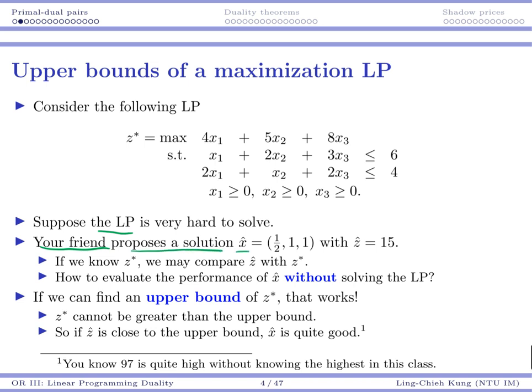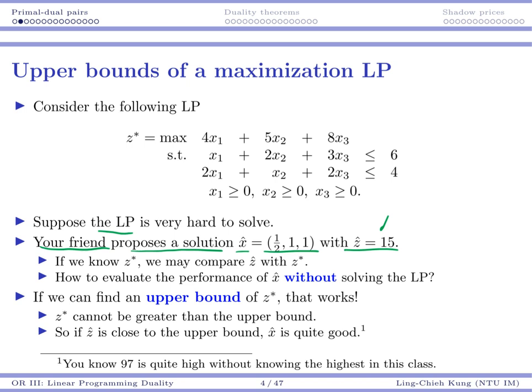This solution is called x hat, where the values are 1/2, 1, and 1. If you plug in, you may see that the corresponding objective value would be z hat, which is 15. Somehow, we want to confirm whether this suggestion x hat is reasonable. Okay? So we of course may check its feasibility. We may take a look at its objective value, but we have no idea about whether this z hat is